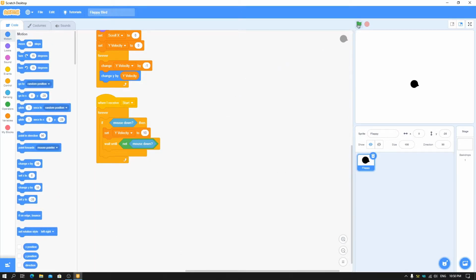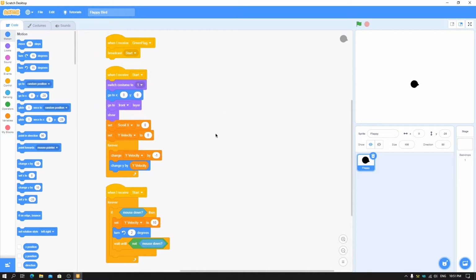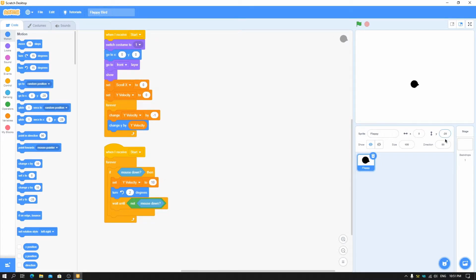so the player won't just hold it. Now you can see this is jumping, but this doesn't show any rotation. So we'll put turn, say, 4 or 1 degree. I'm setting it to 2 degrees. Here you can see it keeps on rotating to the left when we click, so there's a chance of it going into negative values.